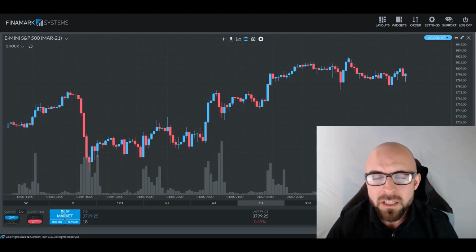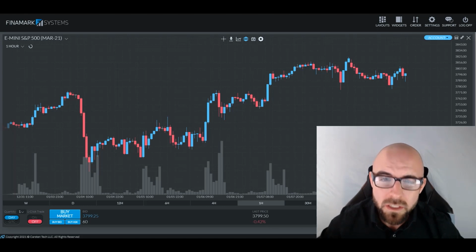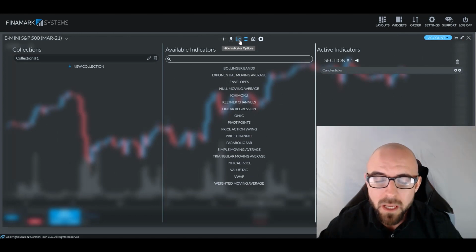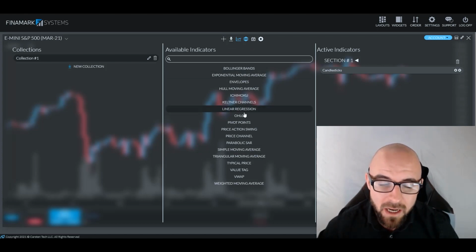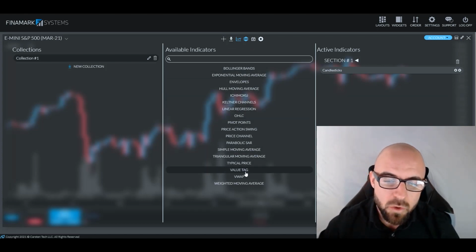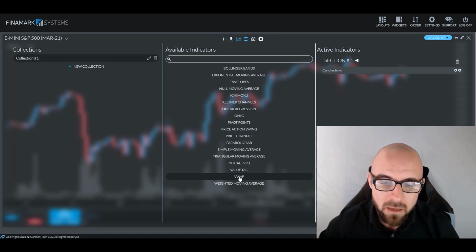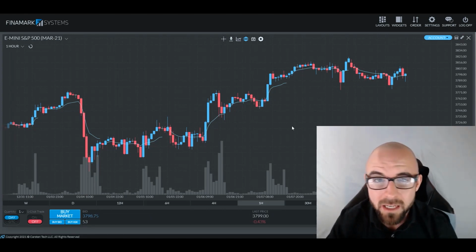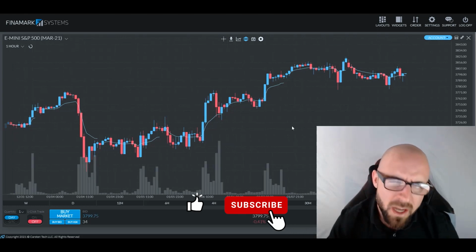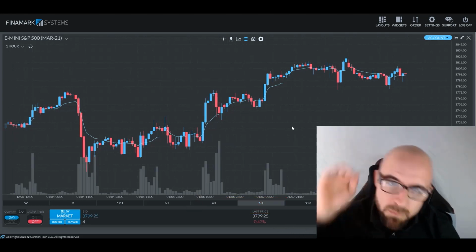But before we go any further, let's talk about how we can apply the VWAP to the charts. That way you can follow along during the entire discussion. If we're using the Finamark platform, we're simply going to go to the top center portion of the screen, where we're going to click on this Show Indicators Options button. Now, because the VWAP does overlay the candlesticks themselves, it will be in the center column, I should say. And as we scroll down, you'll see VWAP down here, second to bottom. If we give that a click, it will apply it to the charts. And when we return to the charts, we will see that there is now a line running through price. That is our VWAP. Now, without any further ado, let's go ahead and get started so we can learn more about the VWAP.